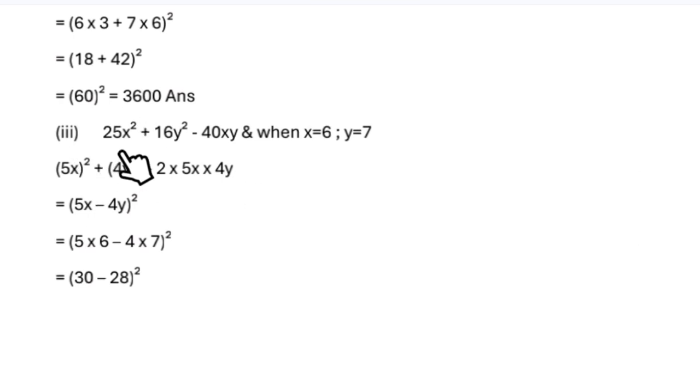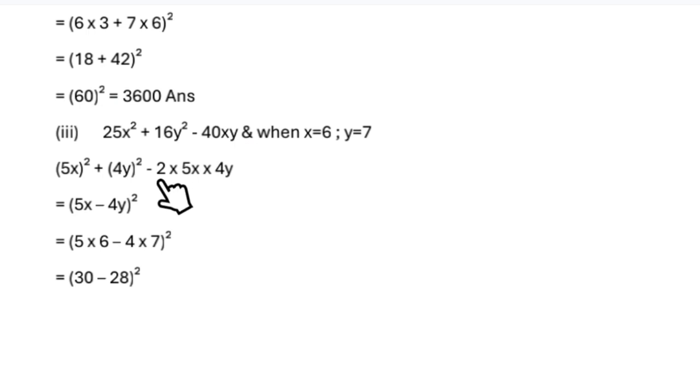Now the third one is 25x square plus 16y square minus 40xy, and when x is equal to 6 and y is equal to 7. Now 5x whole square, because 5 square is equal to 25, plus 4y whole square, 4 square is equal to 16, minus 40xy. 40 is split into 2 into 5 into 4, 5 fours are 20, 20 into 2 is equal to 40, so minus 40xy